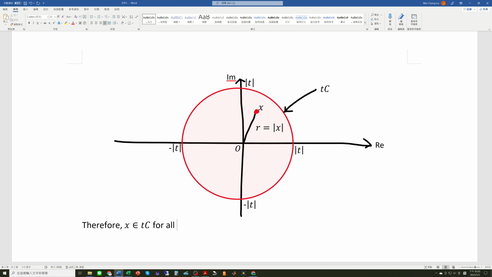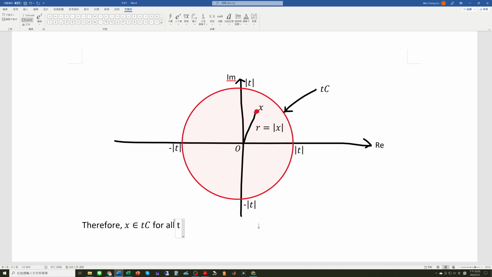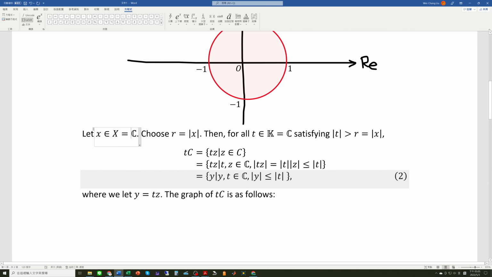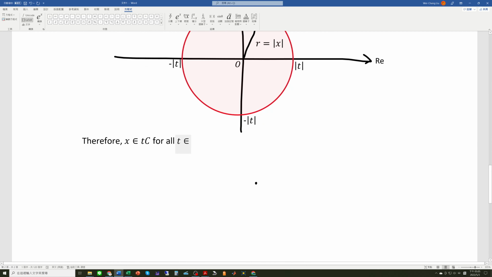For all T is in C. Here C is the complex number set. So T is in C,